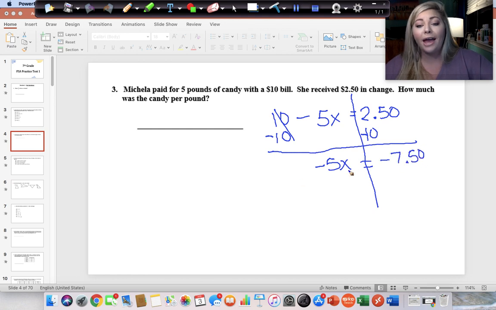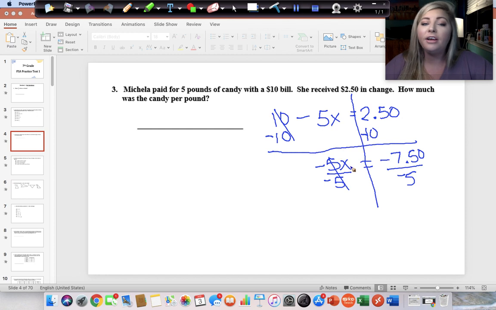And then right now, x is being multiplied times negative 5, so because to solve for variables we have to do the opposite to undo it, the opposite of multiplying by negative 5 is dividing both sides by negative 5. This cancels because negative 5 divided by negative 5 is a positive 1, and 1 times x is simply x. And then negative $7.50 divided by a negative 5 gives us